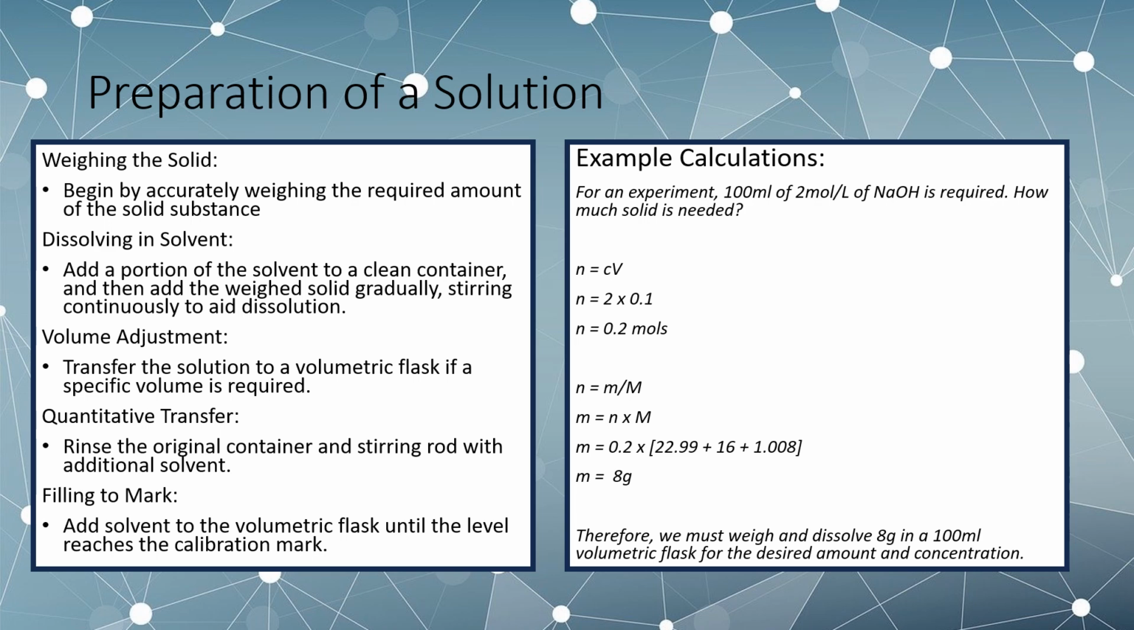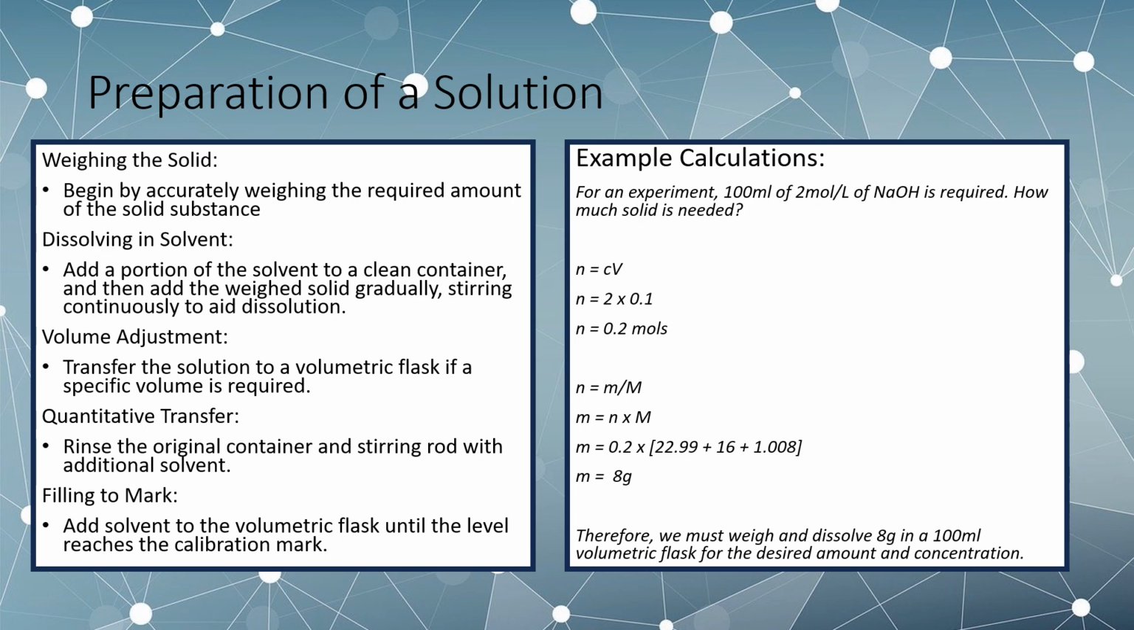So let's look at an experiment now and an example for this experiment. For an experiment, 100 mils of 2 moles per litre of NaOH, sodium hydroxide, is required. How much solid is needed? Well, we know that we can find the number of moles in two ways, both in a solution and from solids. Given that we have a solution as our final requirement, we can use that initially to find our number